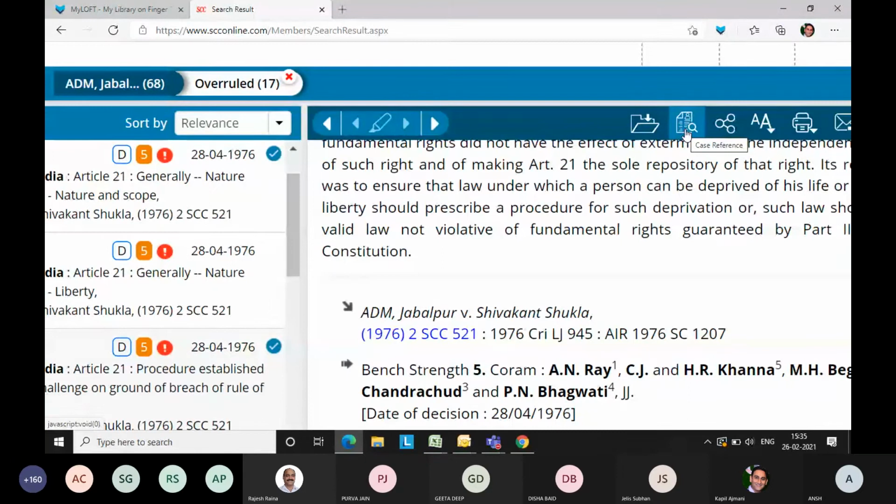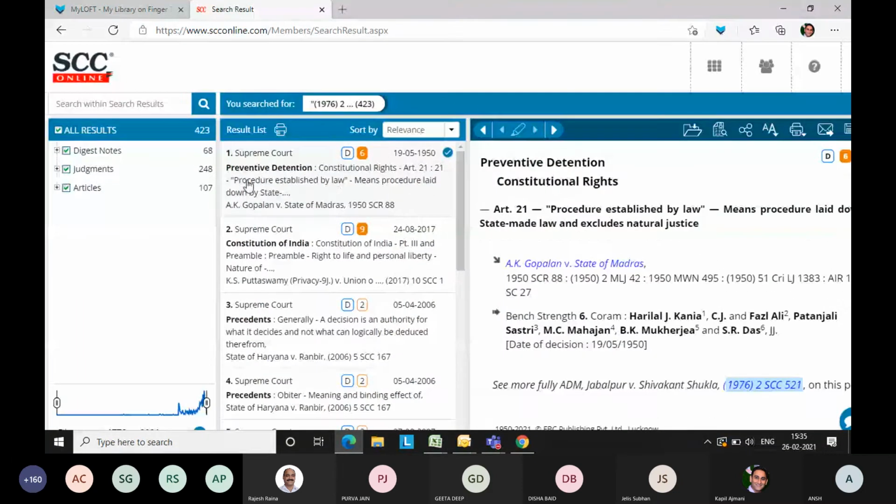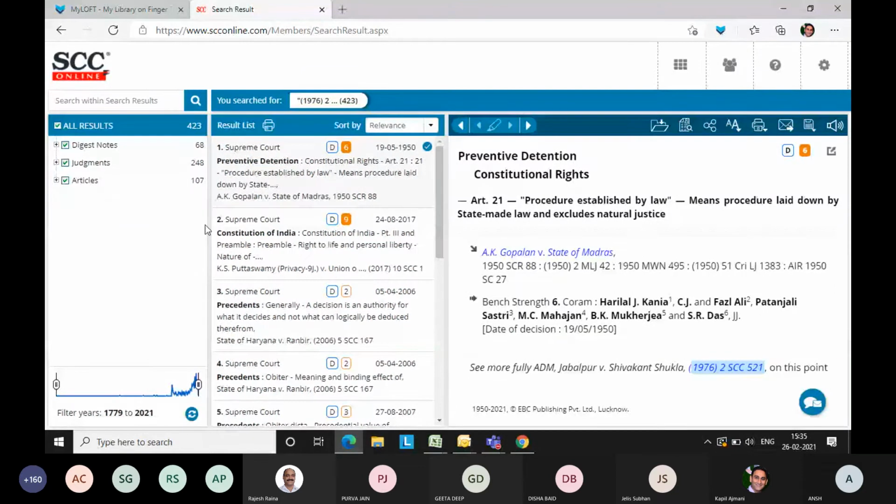Once you click there, all the judgments or results mentioning this particular judgment of 1976, prior to that, are here with us, 423 in all, followed by 68 digest notes and 240 and so on. If you see the first digest note itself, it is mentioned, see more fully ADM Jabalpur, the last line over here. So you go to this judgment, of course, and in the judgment also,